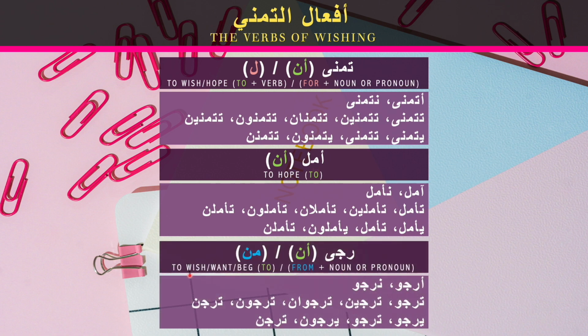Then to wish also comes in the meaning to want or to beg. رجاء. Now, in today's spoken dialects, we don't really use raja unless speaking in a formal way to show a wish or a desire to want something in a very nice, gentle way as much as possible, but at the same time, very formal. So, I'm not going to present examples for this meaning because we are focusing here on the meaning of wishing. Okay, but I wanted to pay attention that in today's spoken dialects, we don't use much an. In case we use it, we use in instead.